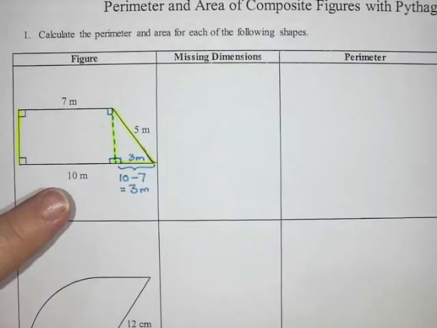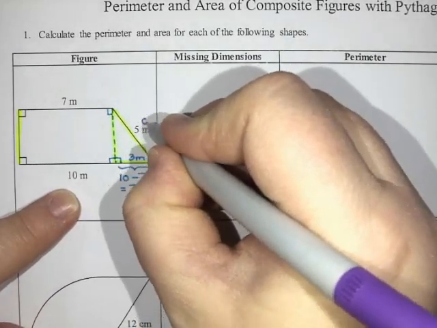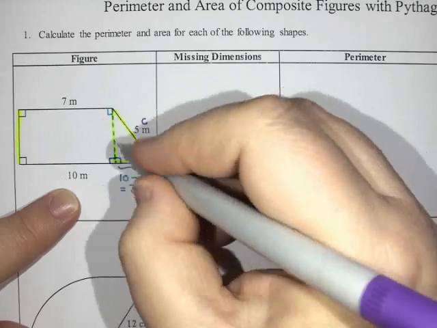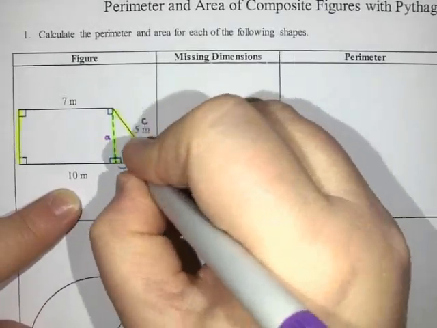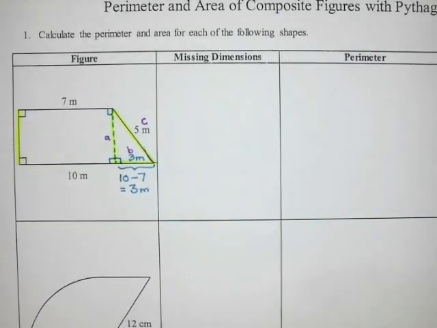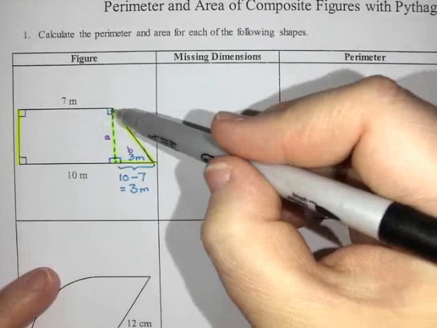Now that I know that, I'm going to label the hypotenuse, the one across from the right angle, as side C. One of these is A and one of them is B. I'm going to let the unknown side be A, and then because this is the base, I'm going to let that be B. And I'm going to, in the space where it says missing dimensions, try to calculate that side